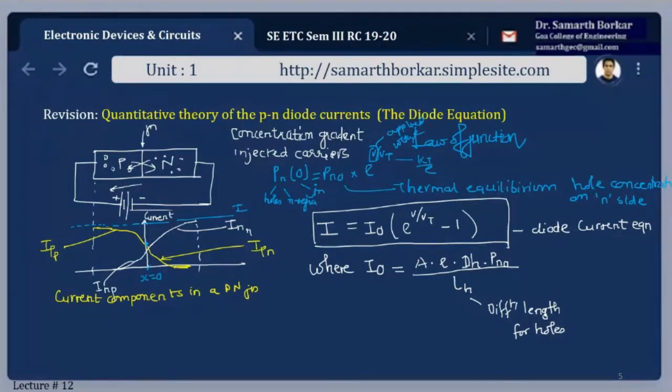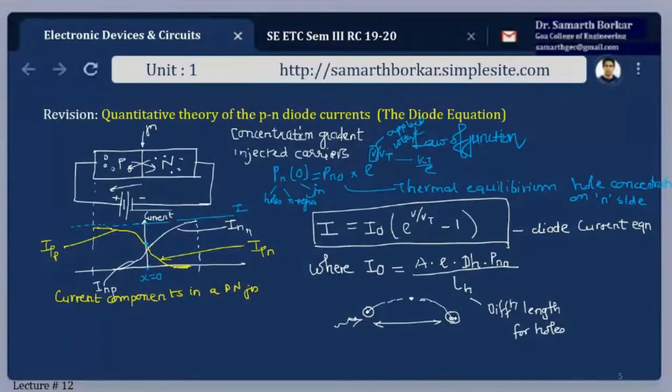And the distance traveled by this free electron due to the generation, before it recombines with the hole, is referred to as diffusion length. In simple words, I'm having a hole and an electron. Now, on account of some energy, this electron, after some time, if there is a vacancy here, meaning a hole, then this hole will jump into that particular vacancy. Now, this distance is the diffusion length.